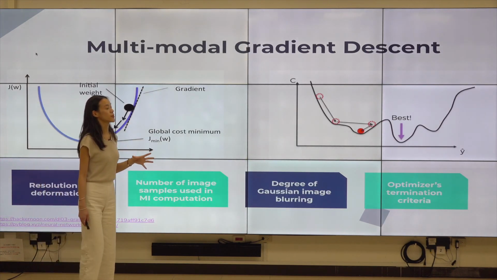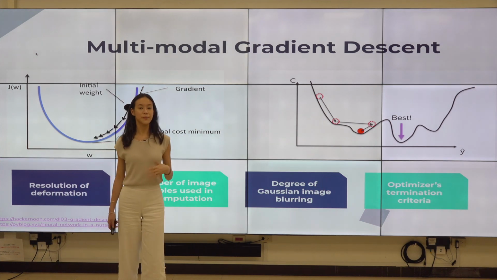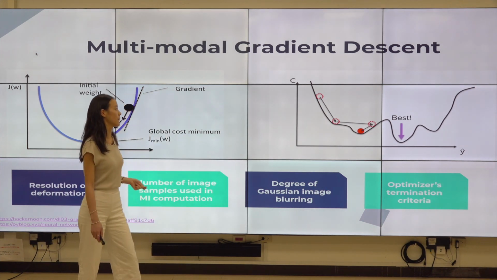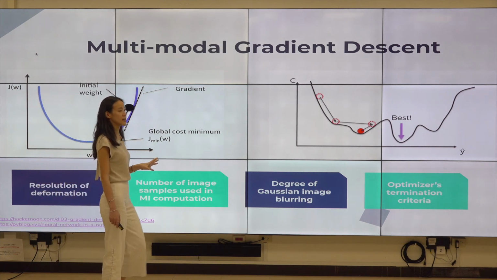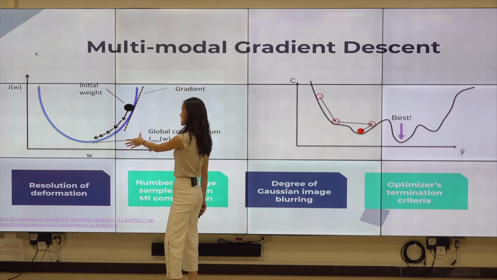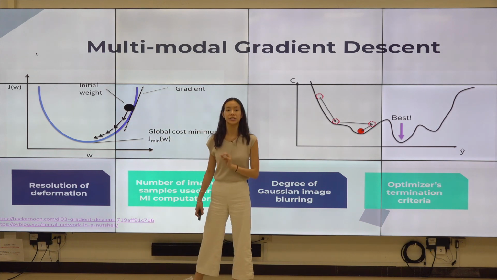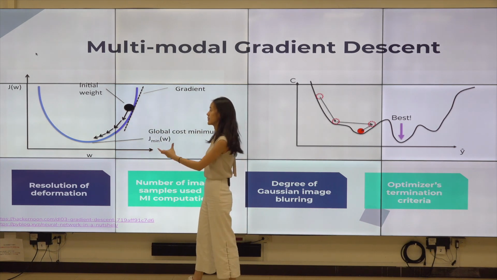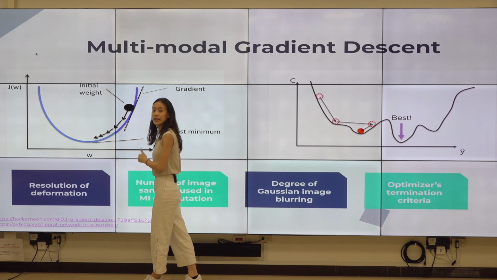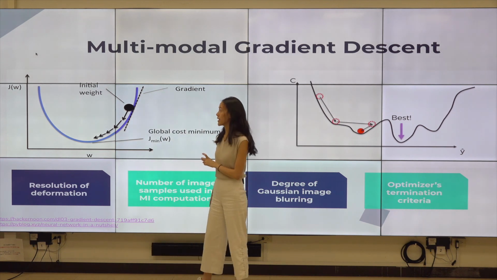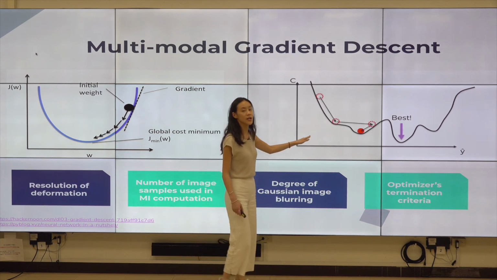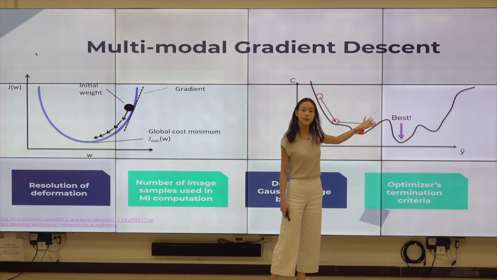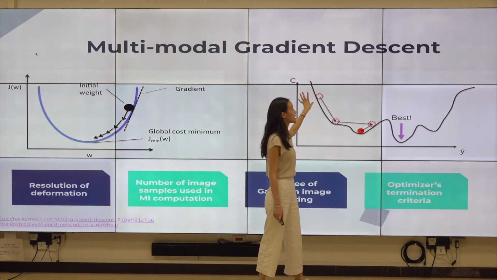So multimodal gradient descent is actually an improvement on the gradient descent that we were talking about before. The whole idea behind this is that in a very simple function, as you see here, it is very easy for us to determine where the minimum is. It's going to be at the minimum point of the concave function. However, in a situation here where there may be multiple dips,